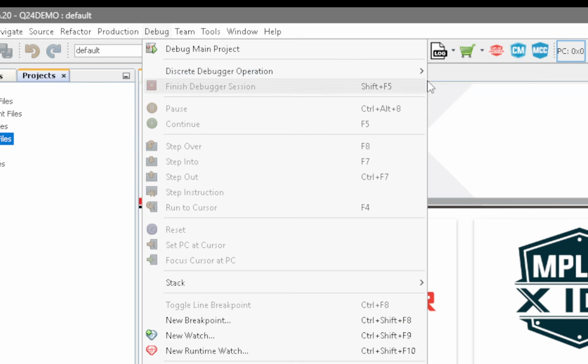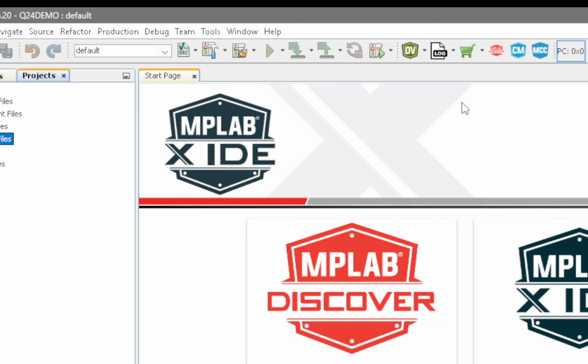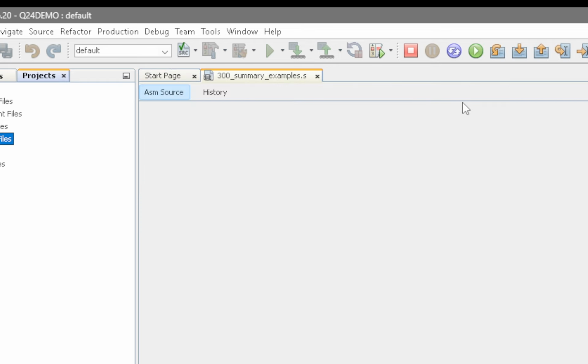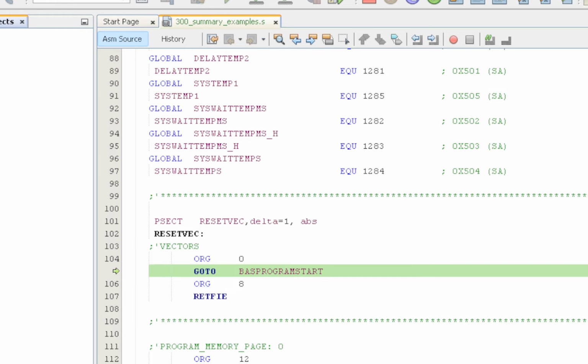debug, launch, debugger main project. Click. Exciting. What's it doing? Well, down the bottom it says loading. The screen has popped. It's opening up our source file. And where did it get that source file from? GCBASIC. So now in the debugger, I will not be teaching you debugging, but essentially push function key F7, and